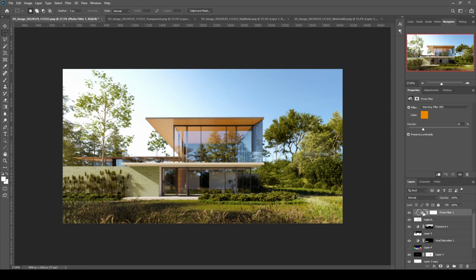Now, with the help of this, we can increase density with the warming filter. And you can see the difference. Let's turn off and on.